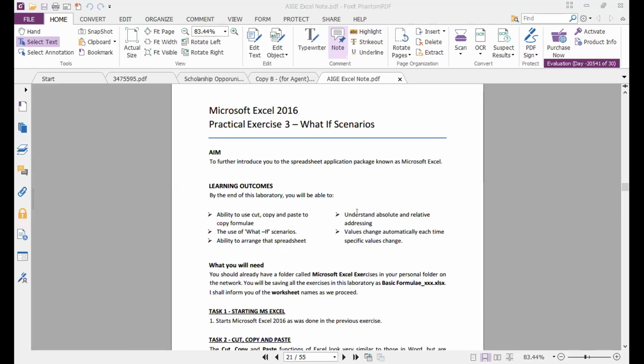So we are going to be looking at what if scenario. And what if scenario is one of the most powerful tools in Excel because it helps us to give a form of logic to whatever we are doing on a spreadsheet or workbook, as the case may be. What if scenarios can be used to answer questions of a variable or questions that are related to a particular